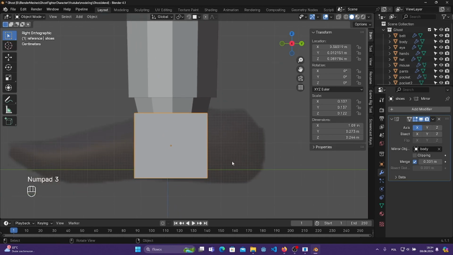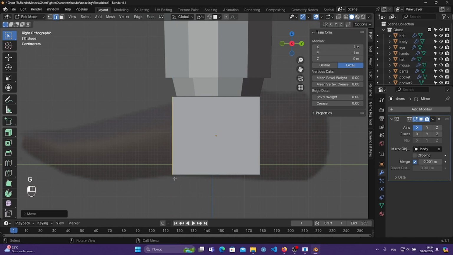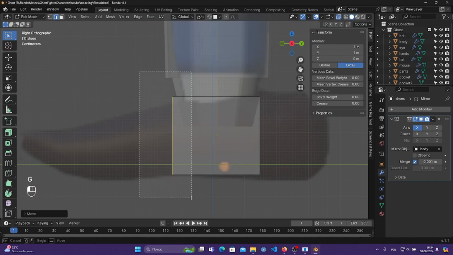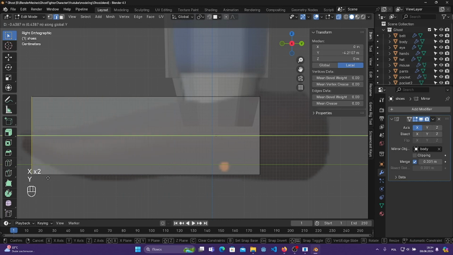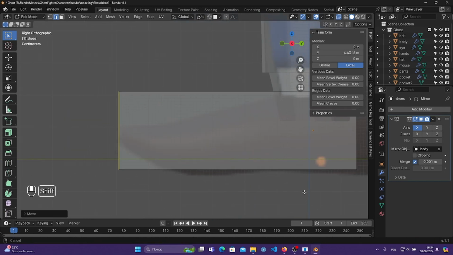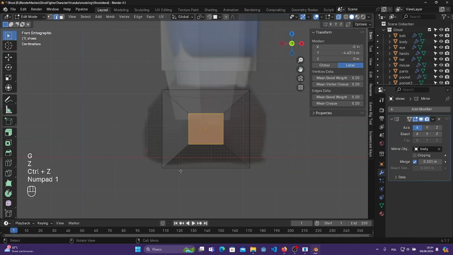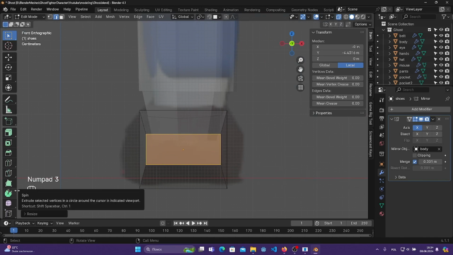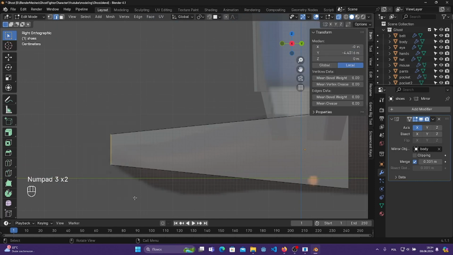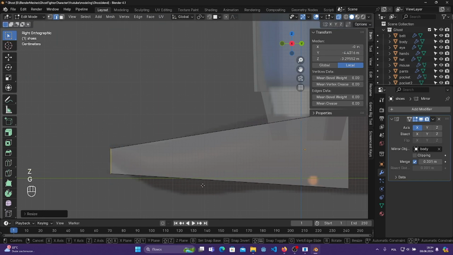Okay, so now let's model it. Go to the edit mode, select these faces, and let's also enable X-ray mode. Select these faces and move it along x-axis. Let's scale it down. Probably we have scaled up on x-axis. Okay, and here let's move and scale down only on z-axis. Okay,